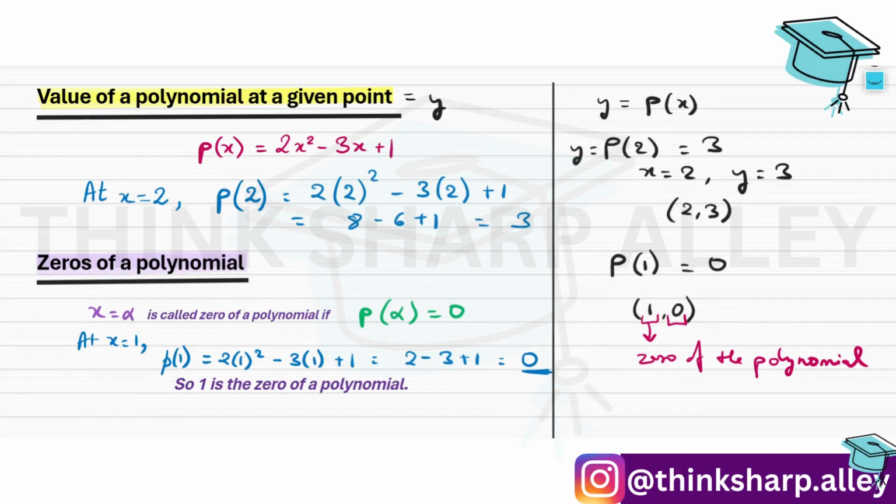So if I give you a few points on the graph of a polynomial, let's say (3, 0), (0, -3), (2, 5), and (2, 0), and I ask you to find the zeros of the polynomial without giving you the polynomial or any graph. I've just given you some coordinates.